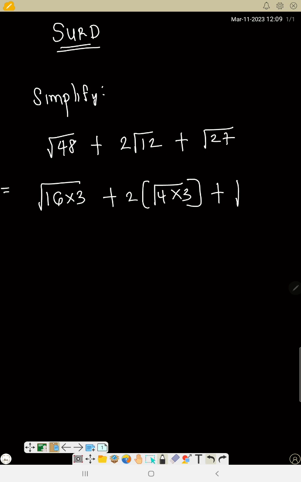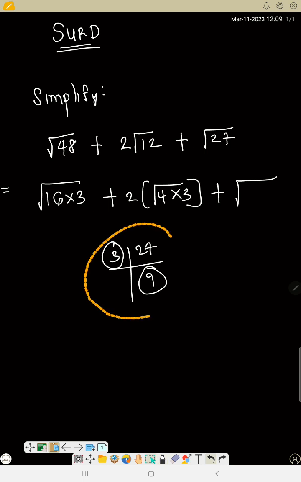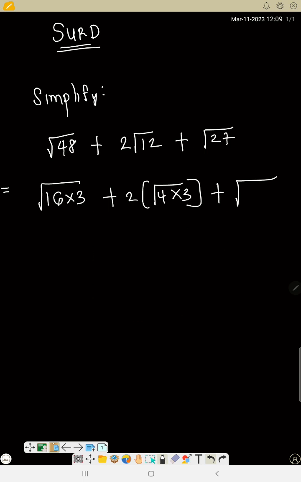Now 27 is root 27. So let's say you don't know 27. What's the lowest number? 3. 3 in 27, 9. That means 3 times 9 is 27. So 9 is a perfect square. That means I'm using 3 times 9. So that means this is 3 times 9. So now,